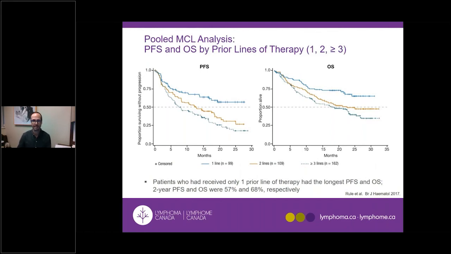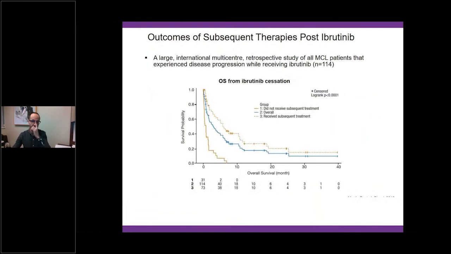Well, that is very helpful, and it begs an important question, which is, well, maybe we should be using these drugs as the first treatment instead of the second, third, or fourth treatment, and I'll talk about that in a little moment. Now, you're not curing anyone, and patients are still progressing. And the third very important lesson from this study was that